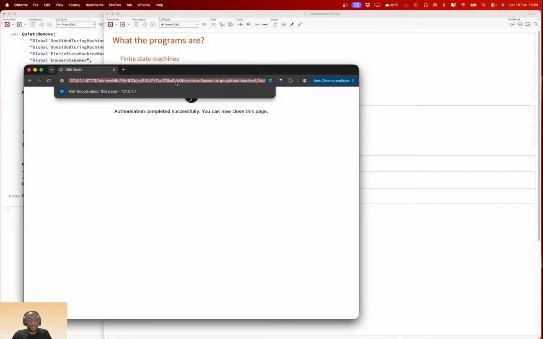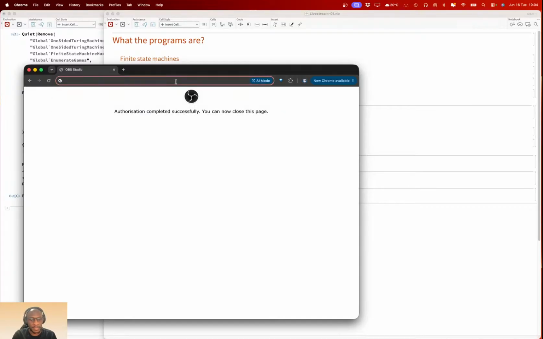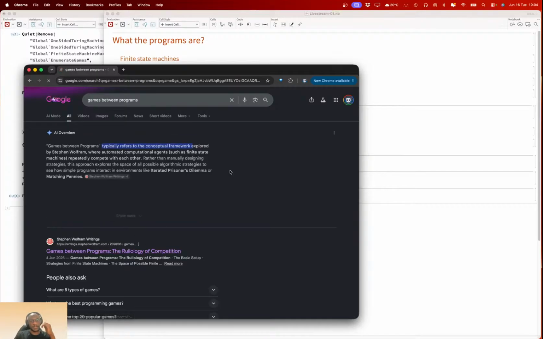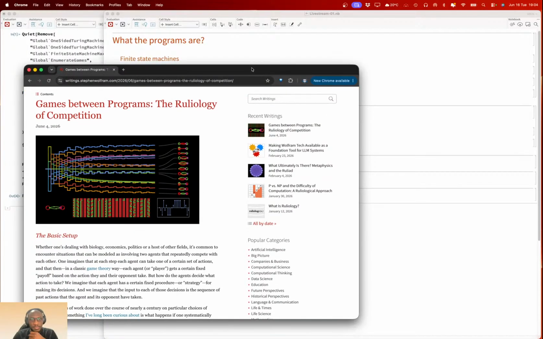All right. Hello guys. So today, I think I've already talked about what we're going to talk about in some of the posts you've seen. But before we jump in, let me pull up this blog by Stephen Wolfram on games between programs.